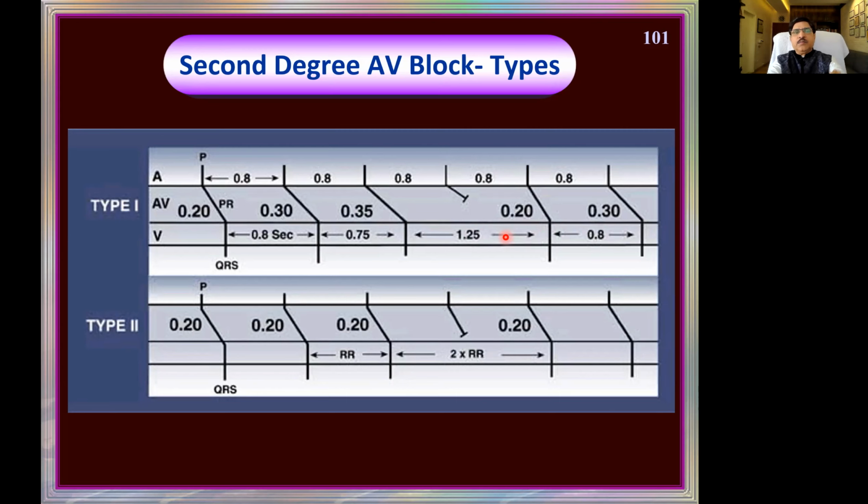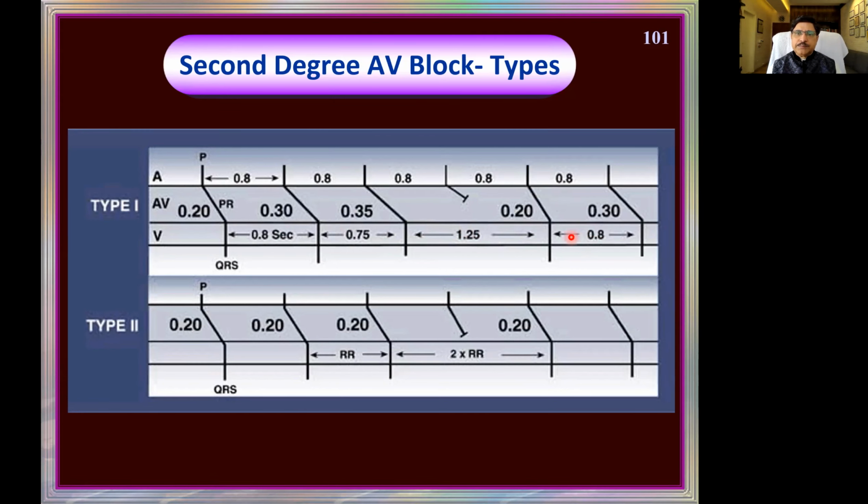These are the conditions. So what is type 1? Type 1 Wenckebach is a progressive lengthening of the PR interval, and of course it is more than 0.2, and it is lengthening until a QRS is dropped and the AV node doesn't conduct the impulse down. When it is dropped, the RR interval looks very wide, and this width is less than the previous two together. The previous two together is this together, and less than that is this one. And of course, it is more than the next RR interval.